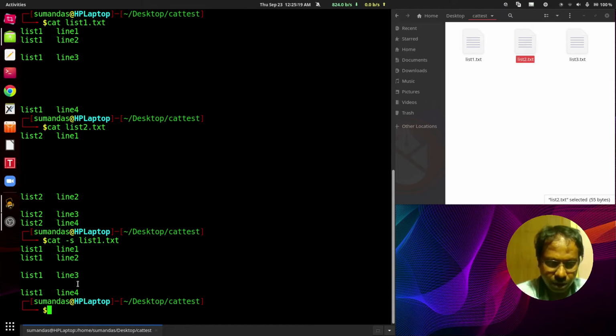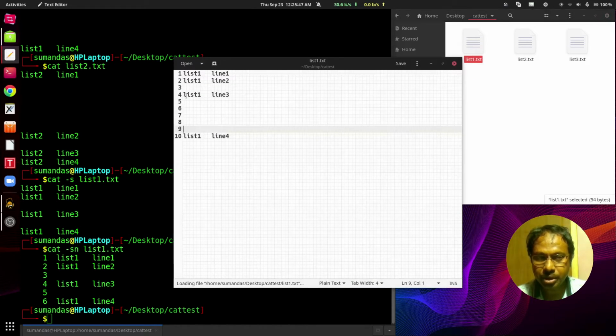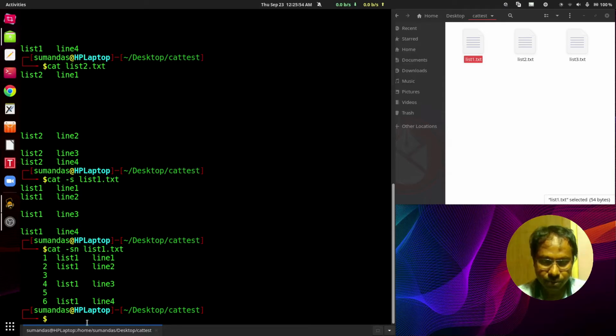So if we use cat -sn and then list1.txt, press enter, and here we can check the 5 blank lines have been squeezed into only one blank line. Yet now the list1 has 5 blank lines in between these two lines. Same for list2.txt.